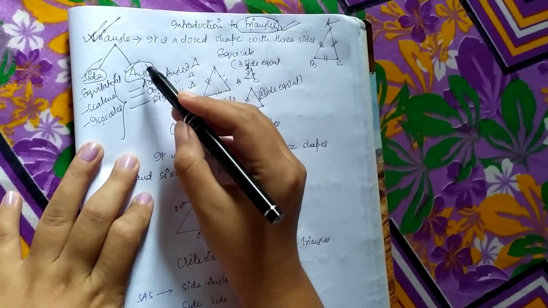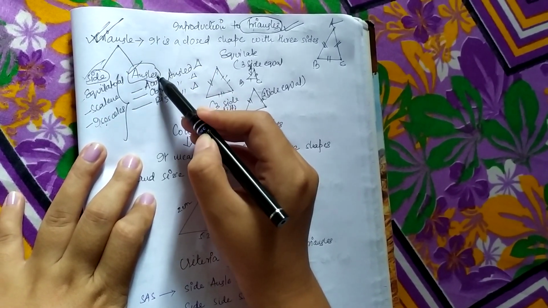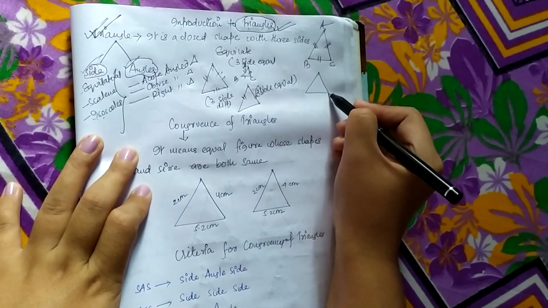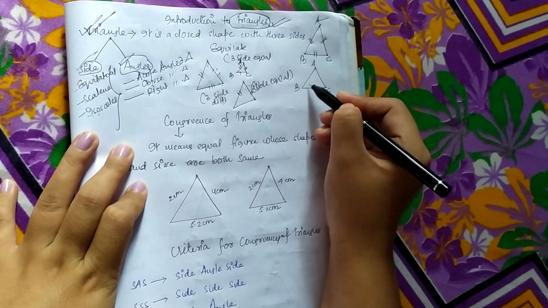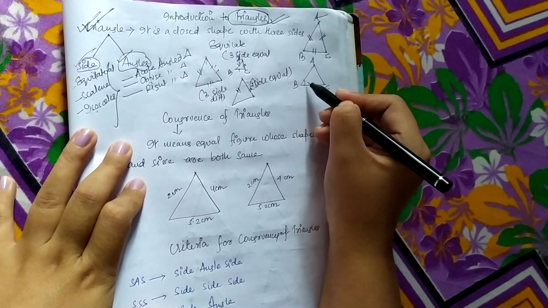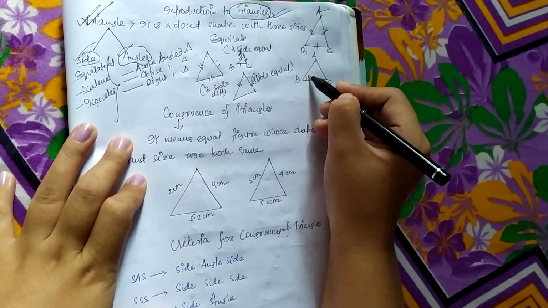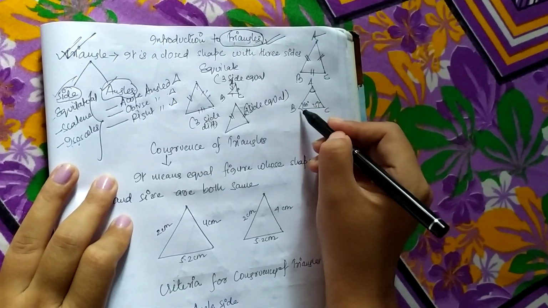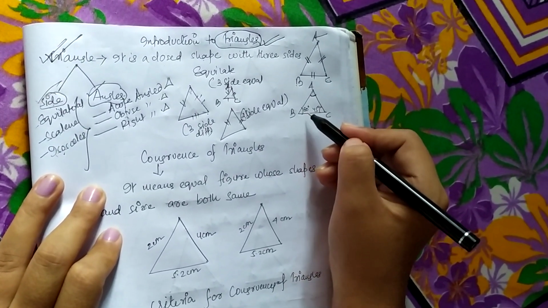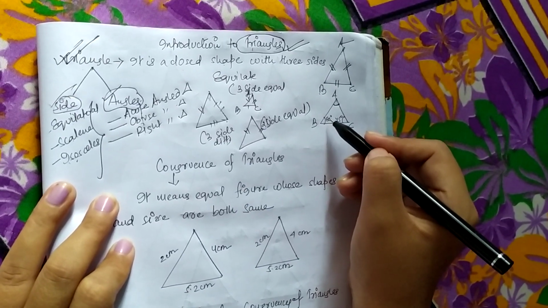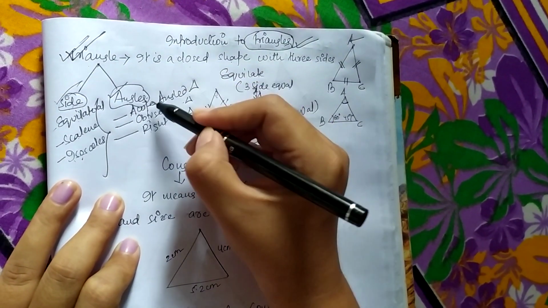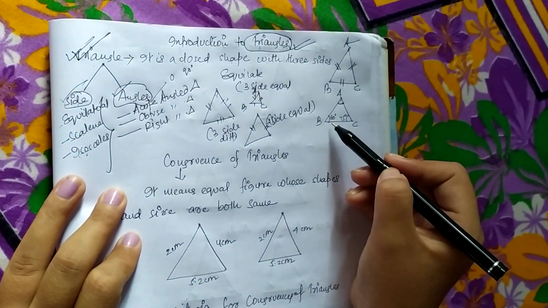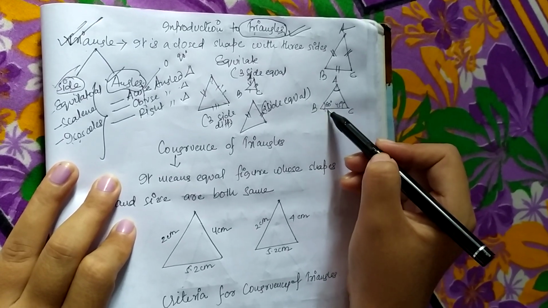Now let us go to types of triangles depending on their angles. Let us first go to the acute angled triangle. Suppose ABC is a triangle, and the angles of the triangle are all less than 90 degrees. Say suppose it is 60, it is 45, and another is also less than 60. That means in an acute angle triangle, each angle cannot exceed 90. By definition, an acute angle is more than 0 and less than 90 degrees. So each angle of the triangle cannot exceed 90 degrees.